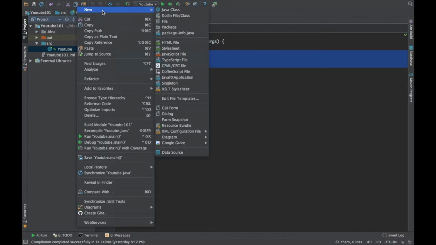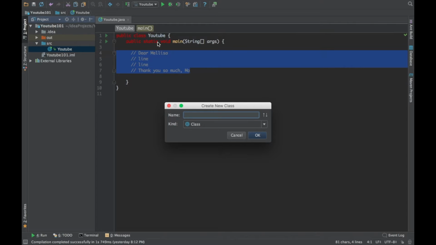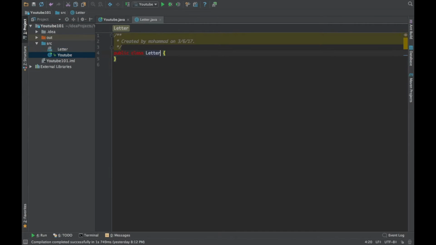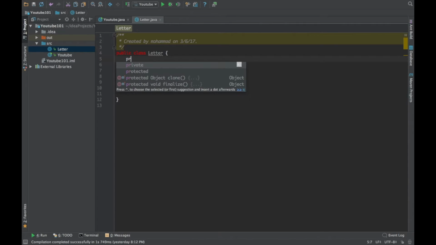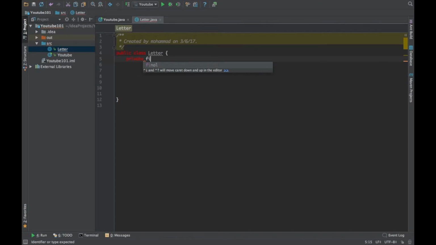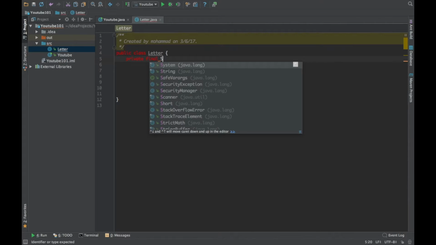Let's go ahead, right click, new Java class, and let's name it Letter. And give it some space right here. And let's go ahead and declare our variables. So the first variable that we want is private final String